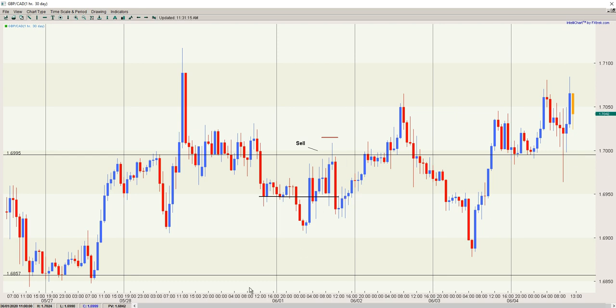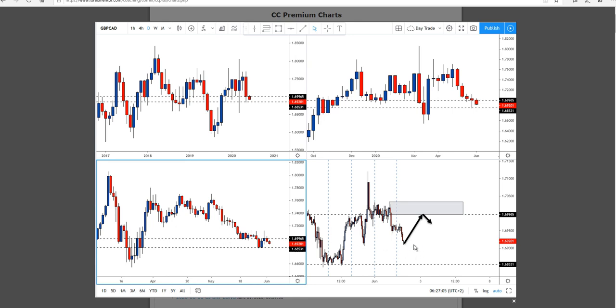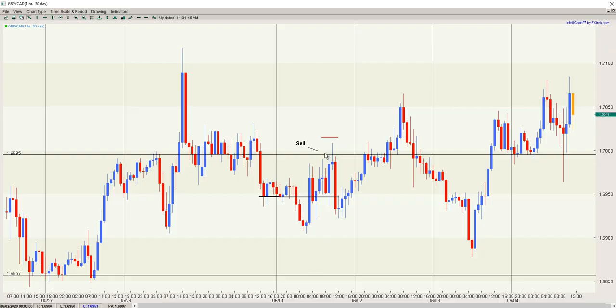It was on this pair. Actually, I'm going to show you, it was the British pound, Canadian dollar. This is the premium service charts that Darko posts, and there was this support on the daily chart, and it was starting to break below it. So Darko, on the 1 hour chart, which is our entry time frame, was looking to enter right up here. And on our actual chart, this is where the sell was,